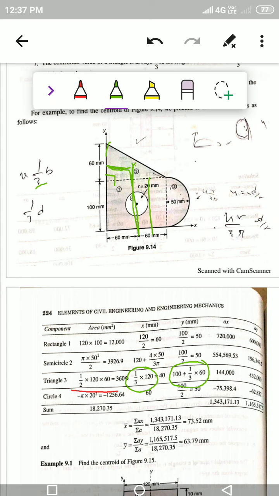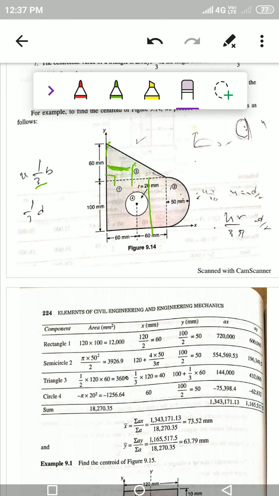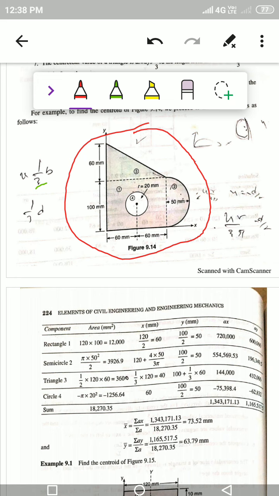The next geometrical figure is what? It is a circle. You can observe that the given circle is hollow here. Therefore, if you want to calculate the centroid, you have to consider the area of this hollow circle as negative. As I have explained in how to solve centroidal problems, if the given figure is hollow, you have to consider the area as negative, because from the entire figure you have to deduct this circle since it is hollow. Therefore the area of the circle is pi r square, negative because it is hollow.